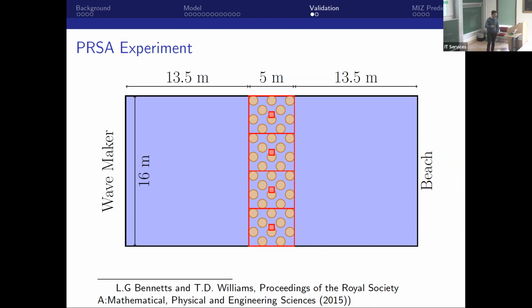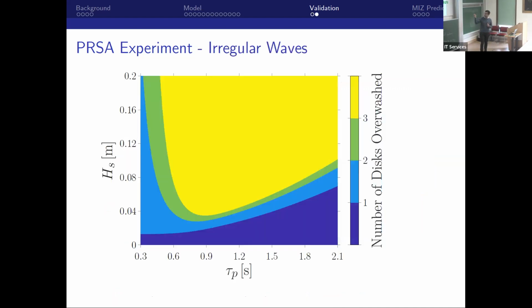So there was a series of tests with different regular spectra. For each of those, I know the spectra, I know my array of disks, I can make a prediction of the extent of overwash. So this is what this plot represents. This is our model predictions. Each point in this plot has a significant wave height and a peak period as an incoming wave spectrum. And I color that according to the prediction of the overwash extent measured by the number of disks overwashed. So in dark blue, I have no disks overwashed, up to this yellow color where I have all